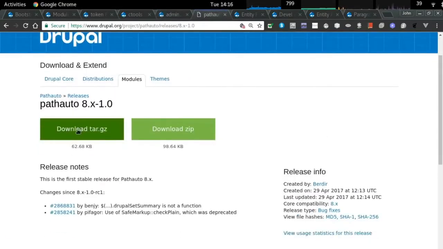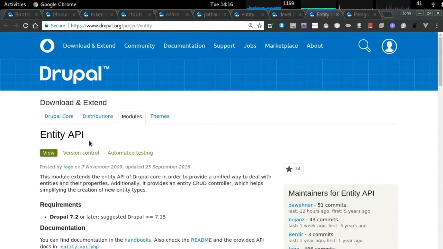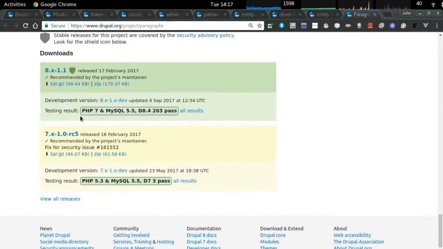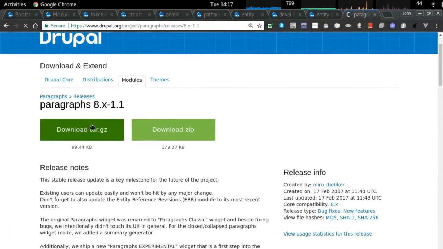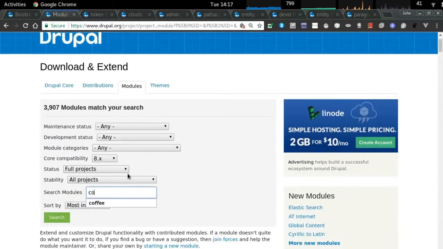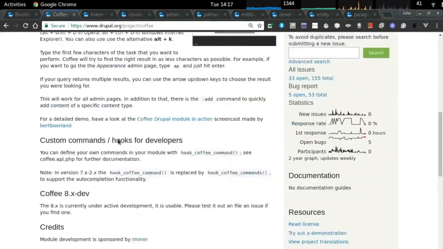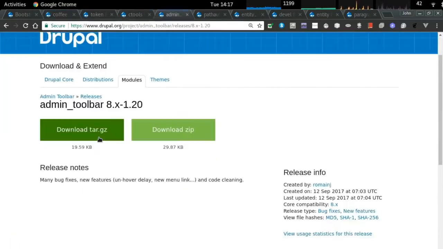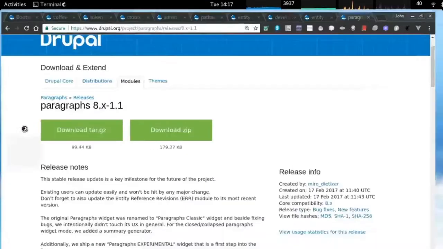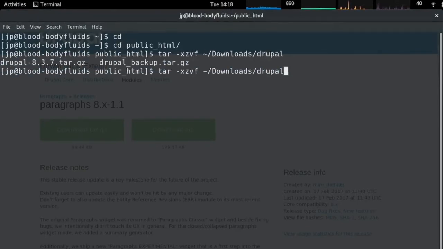The two modules that are very useful when you're working with a site is the admin toolbar. So we've just pulled down the admin, we're racing through development and entity reference, and a few developer-friendly and user layout-friendly modules, but most of those are useful to look at and get an idea for the kinds of things that Drupal will be in the future. One of the admin toolbars that I've found useful is to have a spotlight-like interface, which is the coffee